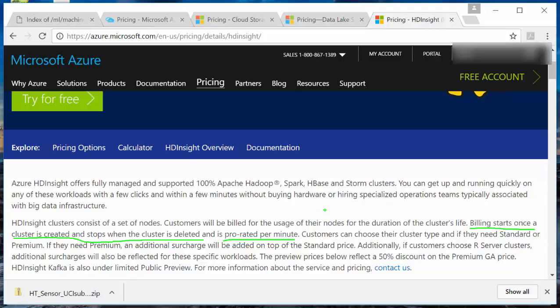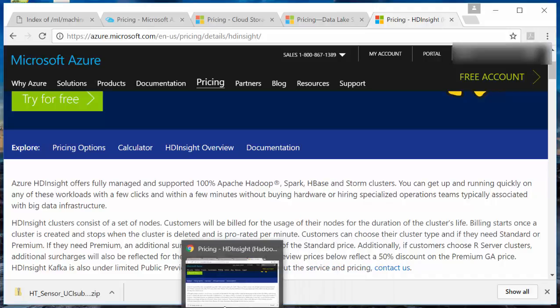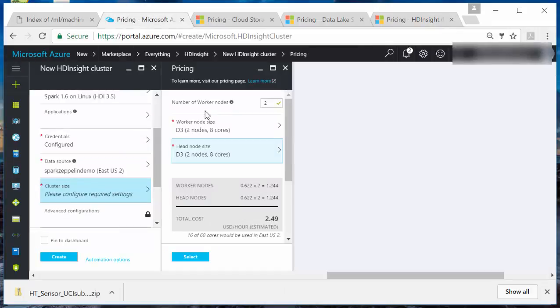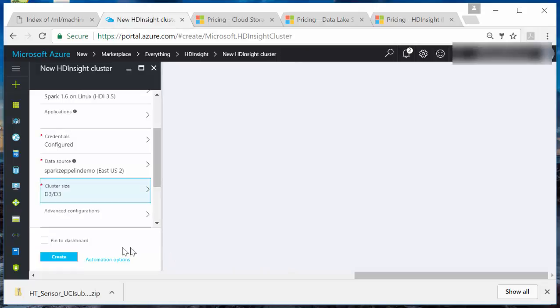So for our purpose, I'm going to try to use, let's see here, $2.49 an hour. We might use 30 minutes, so I might use $1. I'm going to pay for it. If I had credits, it'd only be $1, so that's fine. So remember, 2 nodes, D3, D3, select, and then we're ready to go. I'm going to pin to the dashboard. I'm going to create,